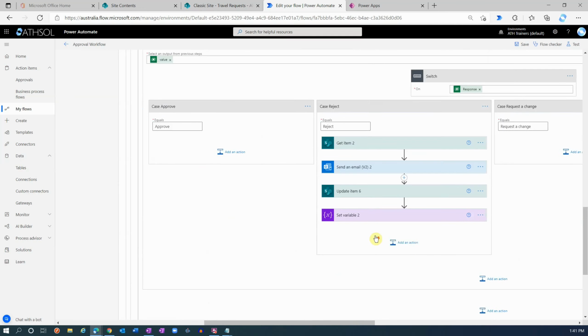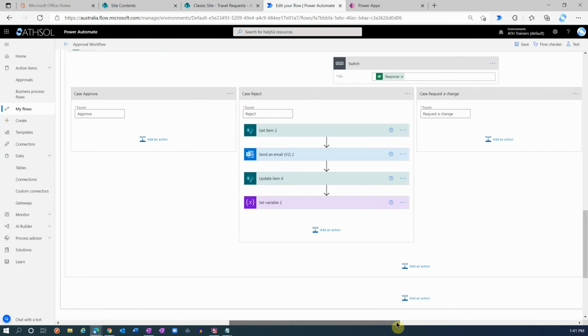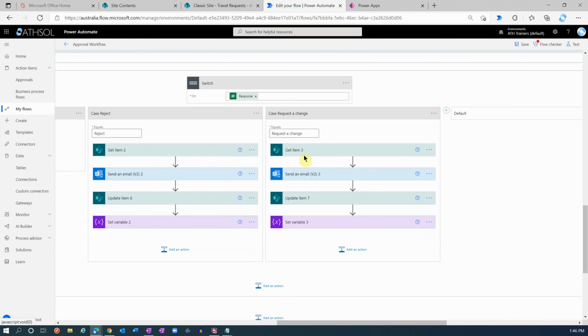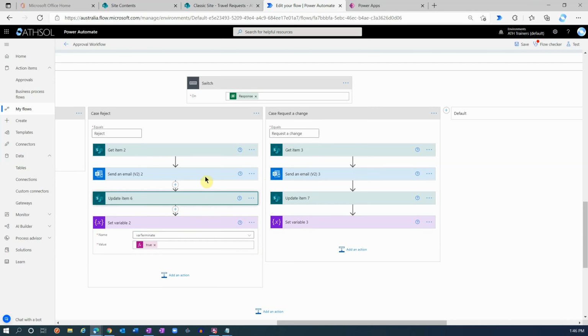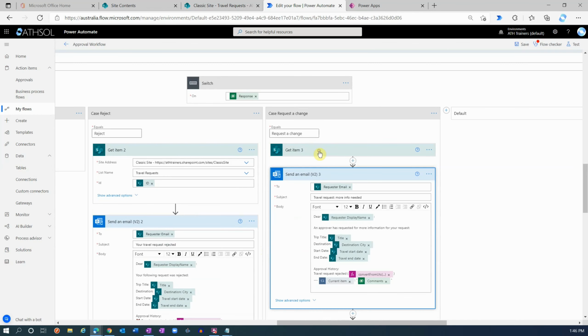We have already taken care of our reject case here. Now, the request a change case would be easier because it will be very similar to our reject case. So I will quickly add these actions over here also, and then we can discuss them. Okay, so I have now added similar actions into the request a change case, just like reject case. So if you look at our reject case, you will see that we have similar actions in our request a